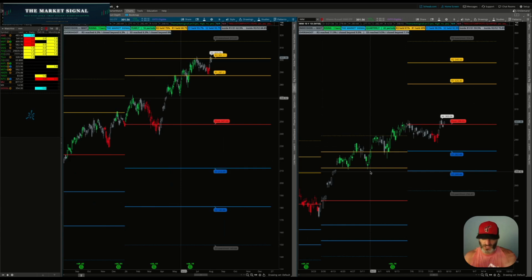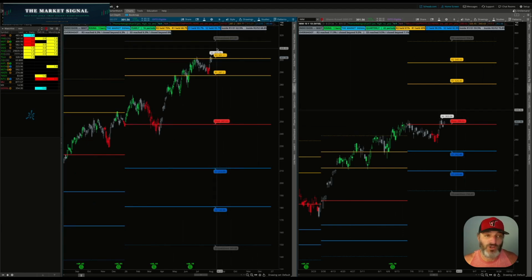I'm not trying to, it's just I don't know how anybody in two worlds would trade without this and think that they have something jiving except for guessing and luck and sitting through pain. I don't know. Anyway, we are at R2. We have closed above R2 for the year. Now there's a lot of year left, but 75% of the time over a 16-year period. So there's only about a 25% chance that we close up here.